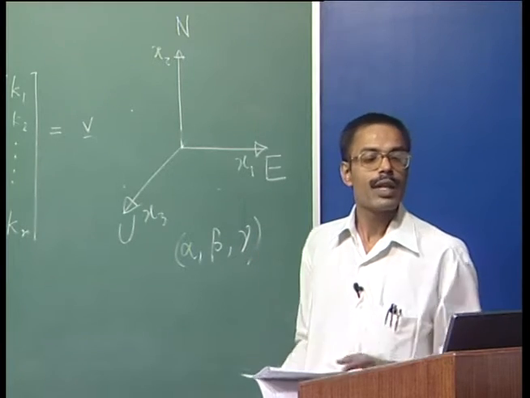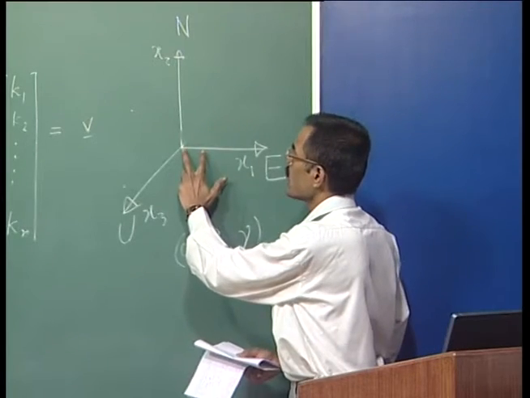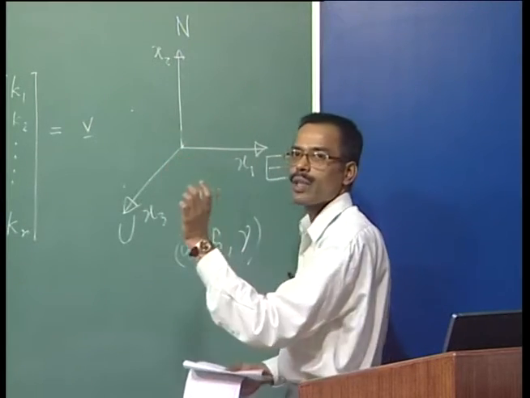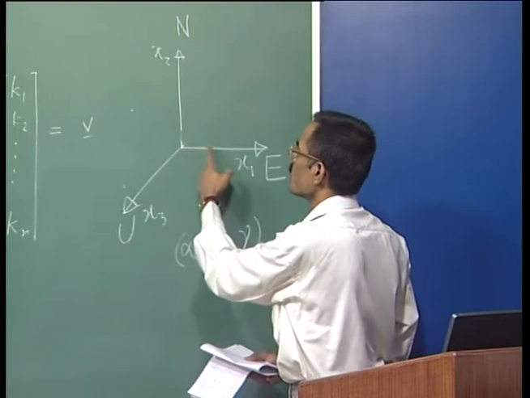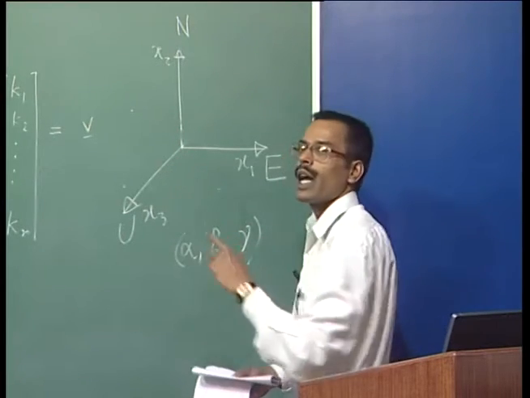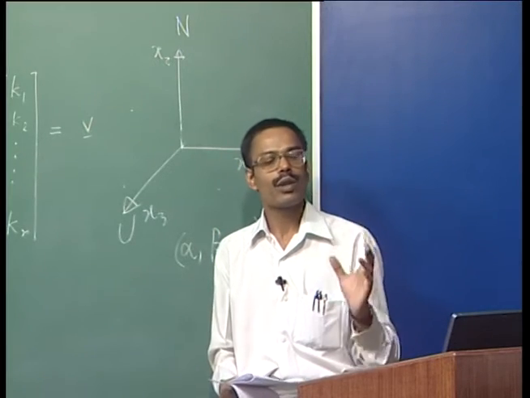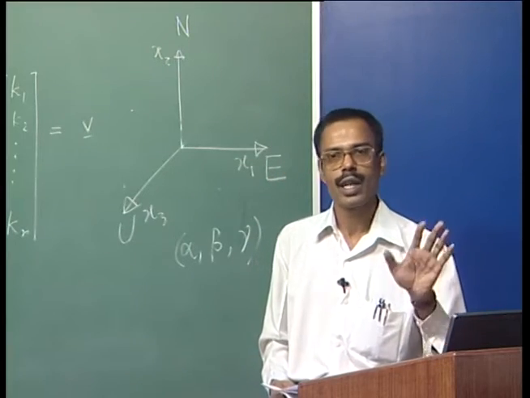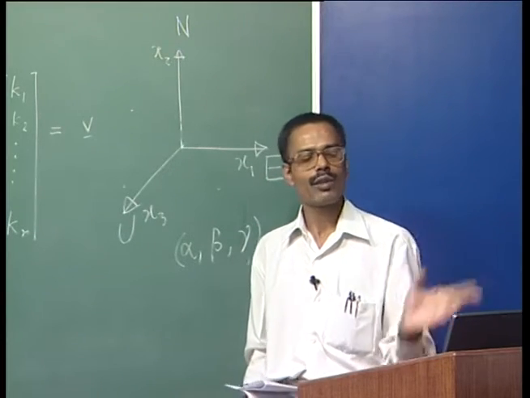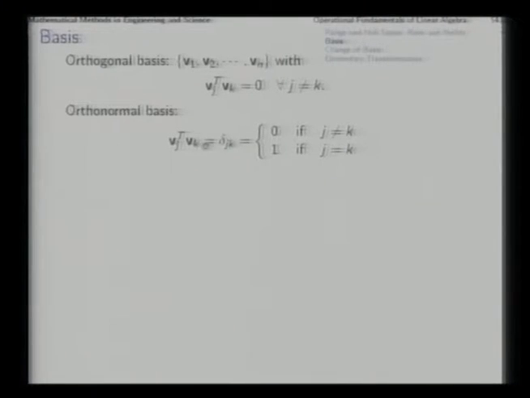Similarly, we take another special case in which all 3 have unit vectors of the same size. That is, if we consider 1 kilometer in the east and 1 kilometer in the north and 1 kilometer in the upward direction as of the same size in the description, then we say that this is an orthonormal basis: not only right angled, but also right sized. In that case, Vj transpose Vk is not just 0 for j and k different, but it is 1 for j and k the same.